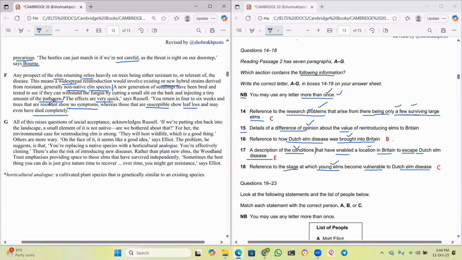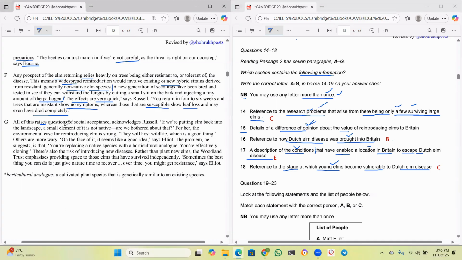Now, he spoke about the small research that he carried out here, right? So he took a small tree's bark and injected the fungus within it, and he's talking about the result, that the effects are very quick, and within 4 to 6 weeks, whatever tree is susceptible has leaf loss and may have died completely. That's what he says in this paragraph. Now, details of difference of opinion. Did we read anything like difference of opinion here? No, right? Okay, let us go to the next paragraph, G. I think that is the only one left. Now, all of this